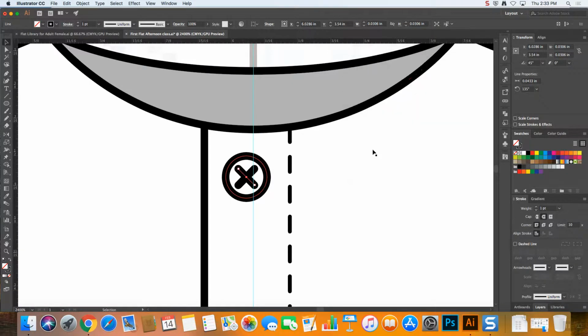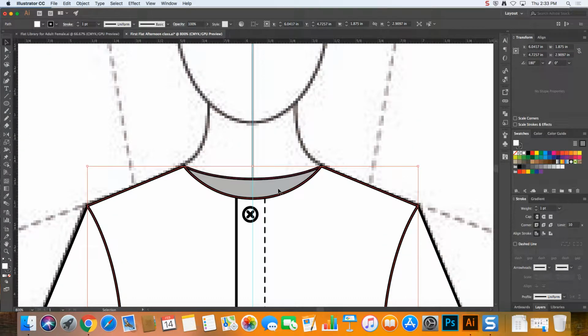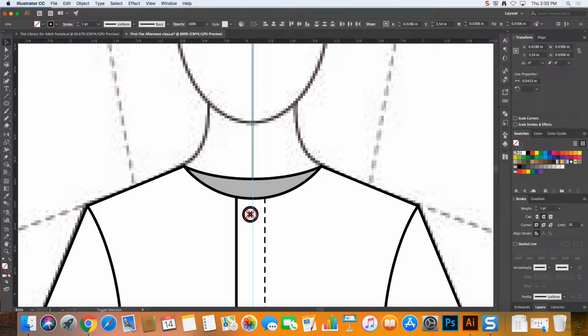It's going to flip, so we can hit copy. And when we have our most perfect X, you're like, Kelsey, you could have just drawn an X, and you could have, but it wouldn't be this exact and perfect. So we have this really, really beautiful